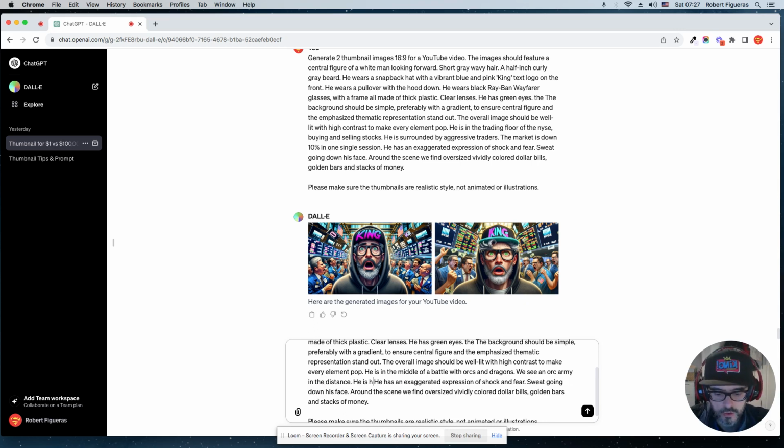He is holding a staff. He has an exaggerated expression of shock and fear. There is blood on his clothes and sweat running down his face. So let's see now what happens. Around the scene, we find oversized dollar bills and golden bars. Yeah, because I always want to relate them to money. So if we send this,